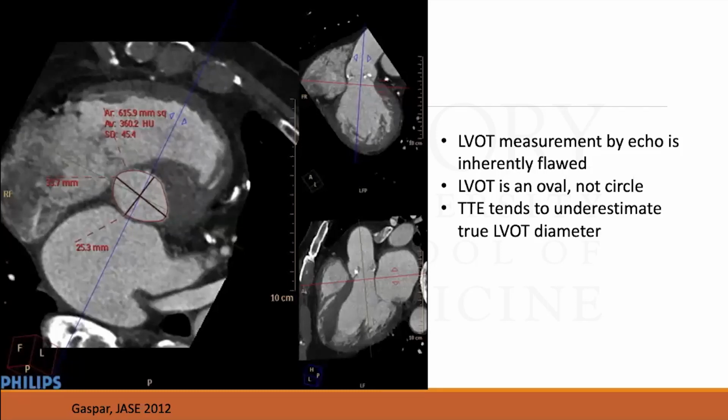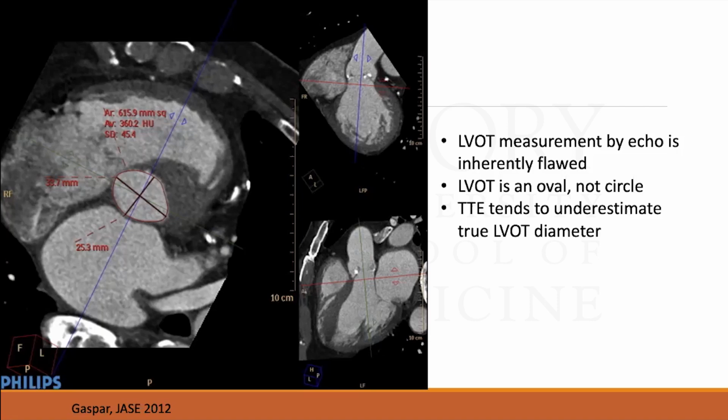The important thing to keep in mind is that our measurements of the LVOT by echo are inherently flawed. Once we started looking at these CTs, you realize that the LVOT is an oval. It is not a circle. If you're not measuring your LVOT diameter across the longest axis of this oval, you are going to be underestimating the true LVOT diameter. Unfortunately, by echo there's nothing you can do about it, but just keep in mind that usually we are underestimating